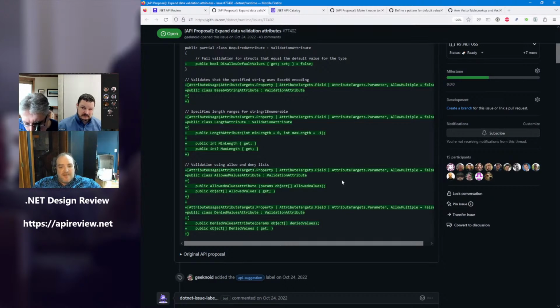Okay, so the final two, I guess, should be reviewed in tandem. The one specifies an allow list, and the second one specifies a deny list, where you basically just specify the things that you want or don't want in your values. You're limited to things that can be specified in attributes, of course, not compile time constants, because... type. You could, of course, always derive that attribute and pass whatever stuff you would like to see injected.